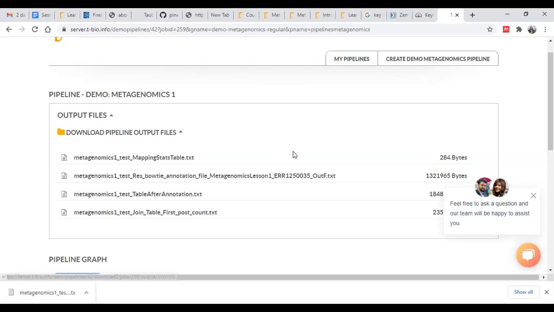So this is very important. The third one is the metagenomics table after annotation. This is the main output that we are going to obtain. This is the annotation, and it will explain which type of bacteria a particular ID belongs to.